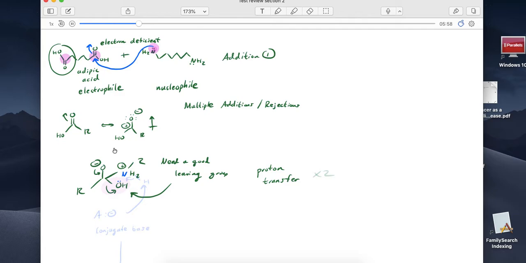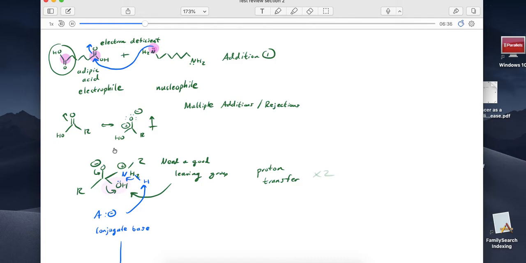So I'll take my A minus, which is just some generic conjugate base. That'll take this hydrogen right here from the nitrogen, then we'll drop it onto the nitrogen. So in the next step we get R, O minus, OH, and